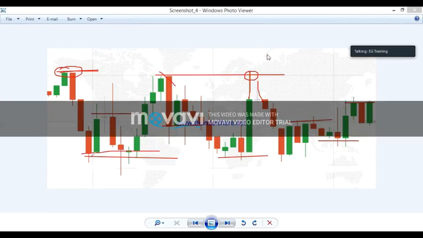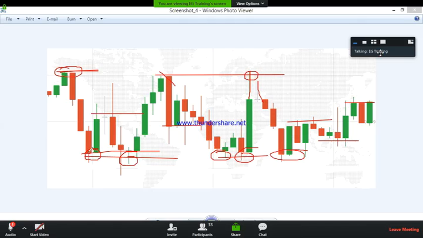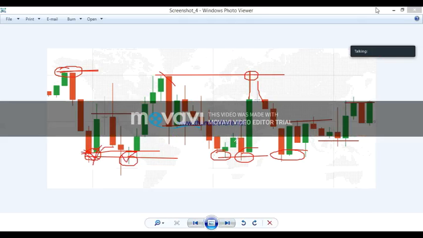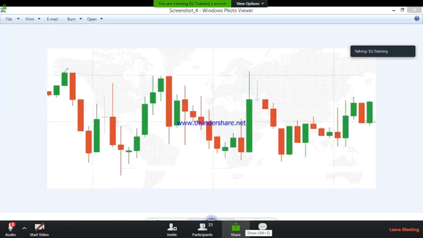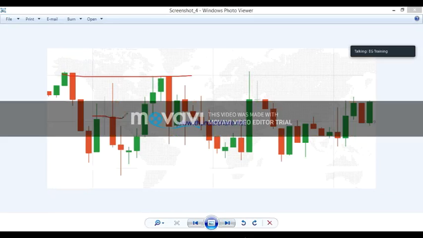Here there is a support level, again a support level from the same level, again a support level. So we are seeing the market is mostly respecting this level. Most of the time the market is respecting only this level in this chart. Here it rejected but we can't place. Here the market didn't respect, here it respected, here also, here we don't know.